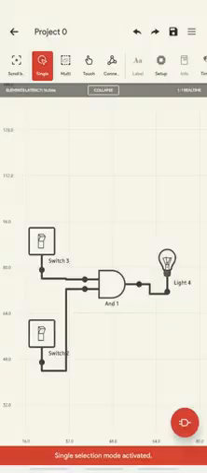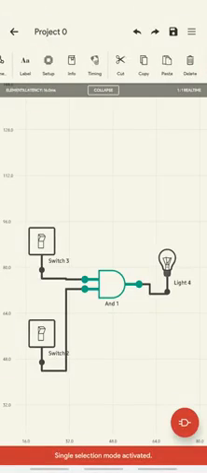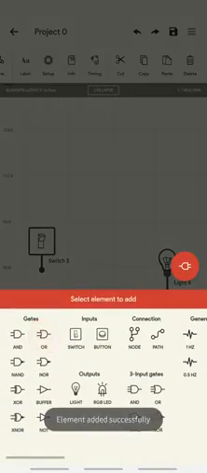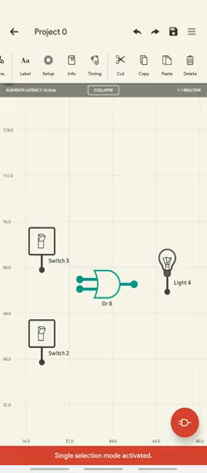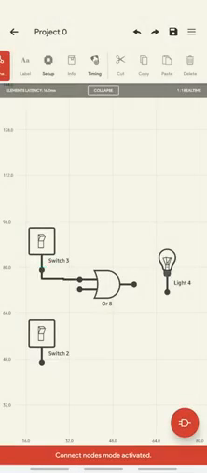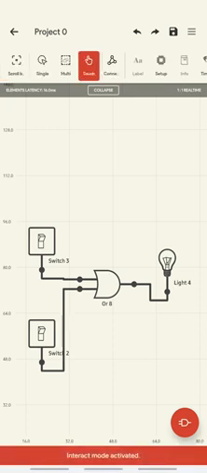If I delete this, I can place this OR gate here. Again I can go for the connection path, switch 3 connected to one input, switch 2 connected to another input, and output is connected to this bulb. Okay, and just say touch.